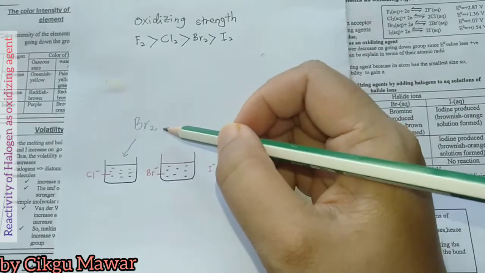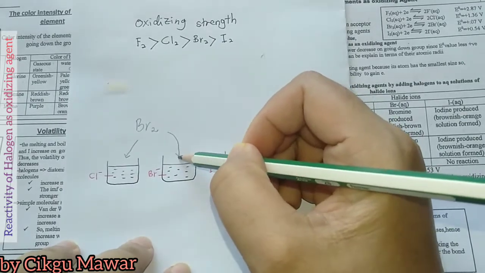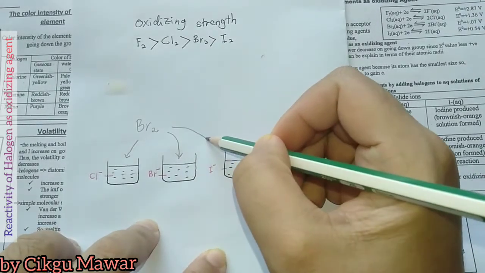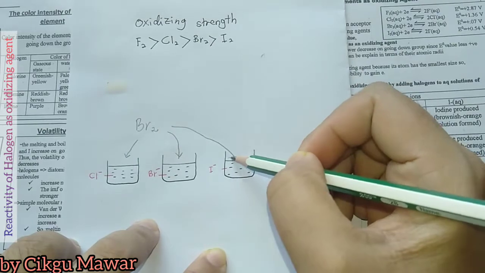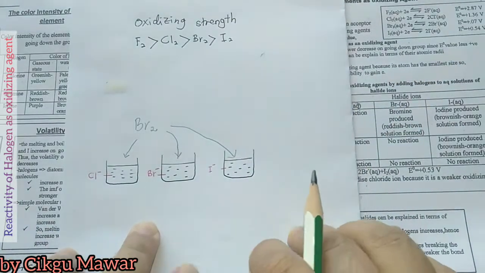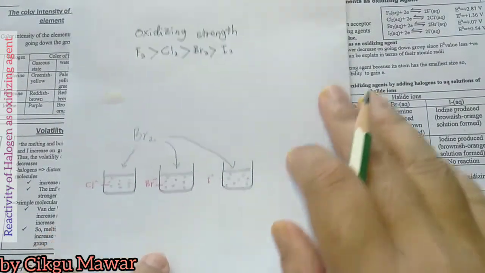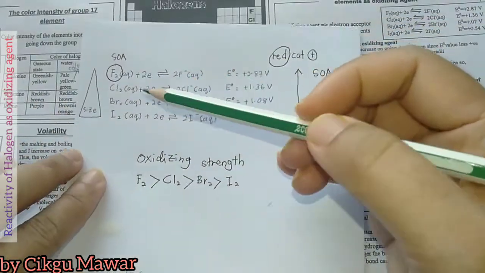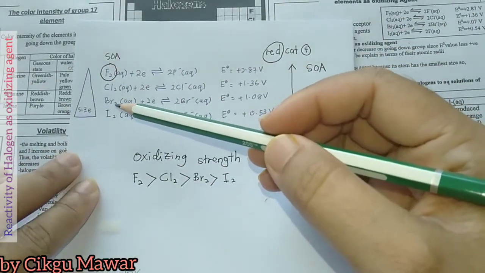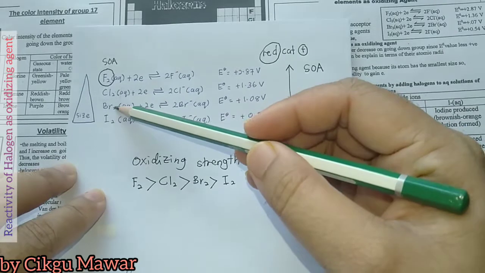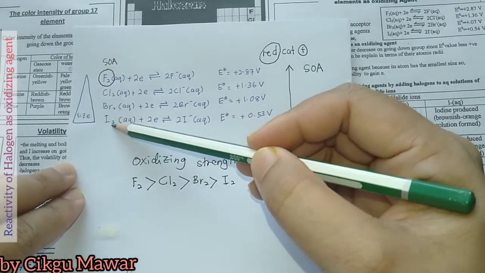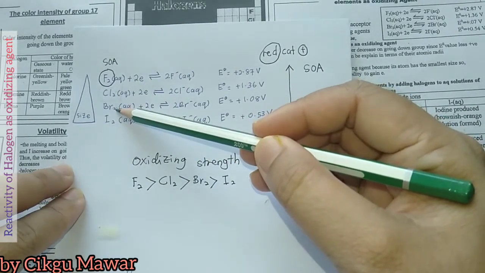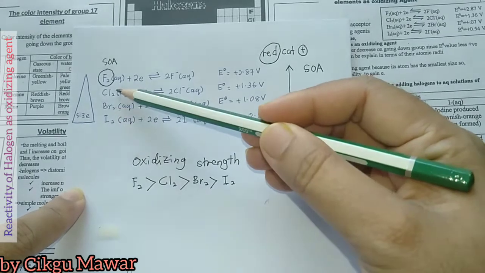We pour the bromine into the bromide ion. We pour the bromine into the iodide ion. What will be the observation here? Refer to the standard reduction potential. Bromine is a stronger oxidizing agent than iodine, but a weaker oxidizing agent compared to